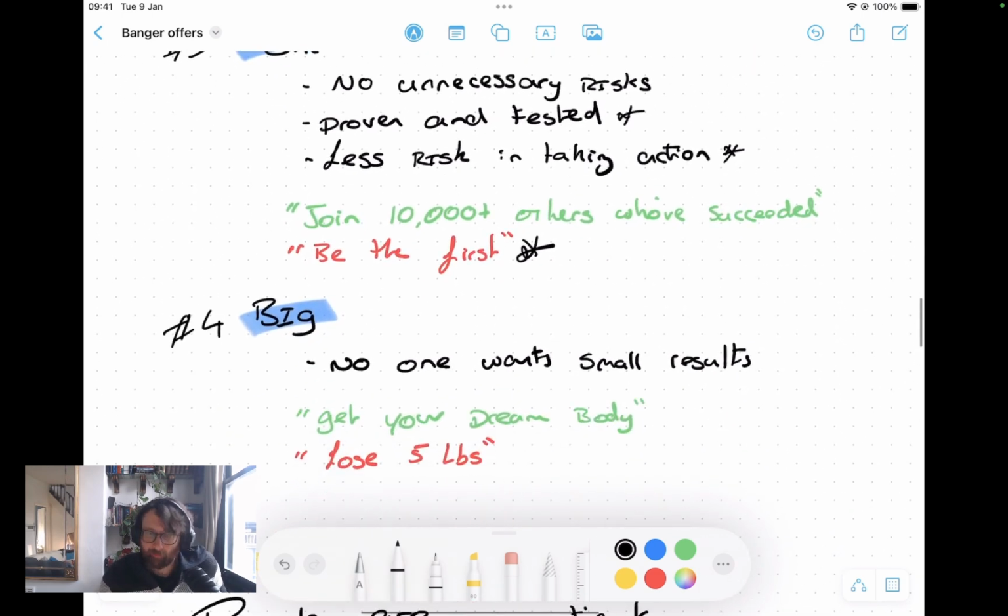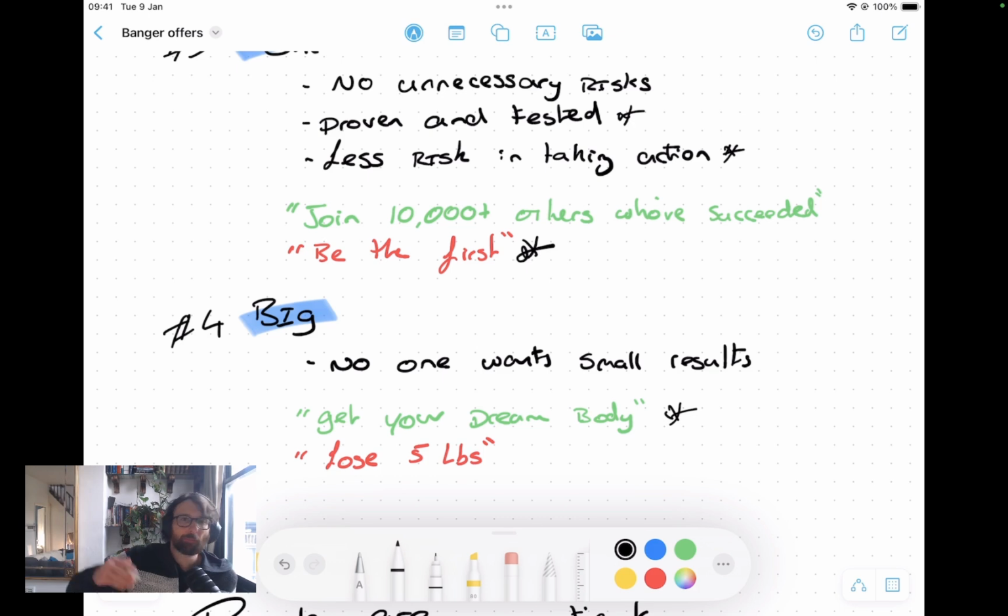And big. No one wants small results, right? We all know, regardless of how we position these things to be easy and safe, there's always an element of risk, and there's always going to be hard work that's involved in these things, always, okay? But nobody wants small results because they're aware that there's always going to be that risk and there's always going to be that work. So why would you put that work in, and why would you take that risk for a small result? Do you want to take all of that to get your dream body? Yes. Do you want to do it to just lose £5? Probably not. No. Do you want to do it to be a millionaire within 2 years? Or do you want to do it to earn an extra $1,000 a year?